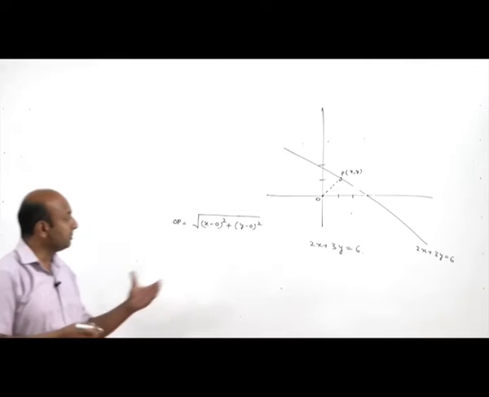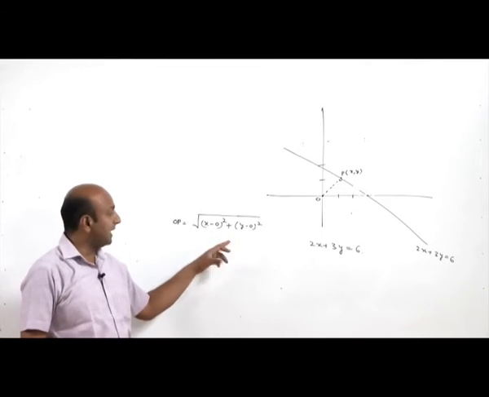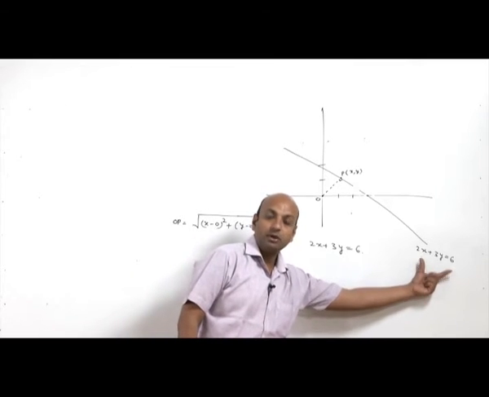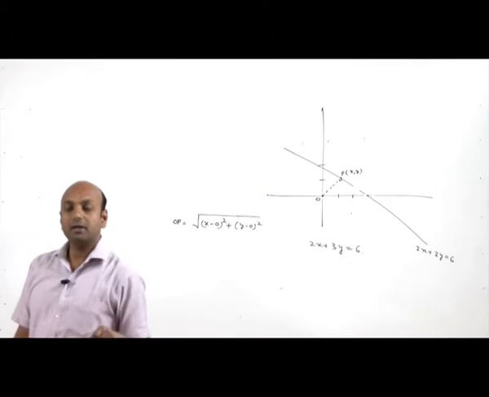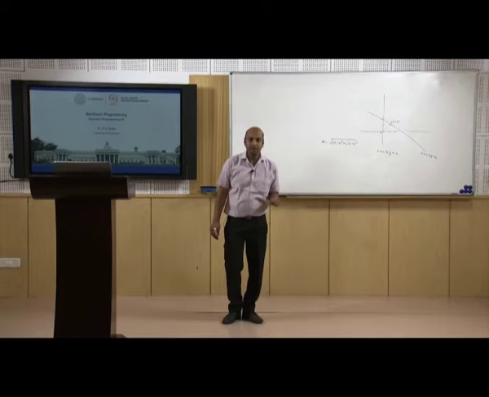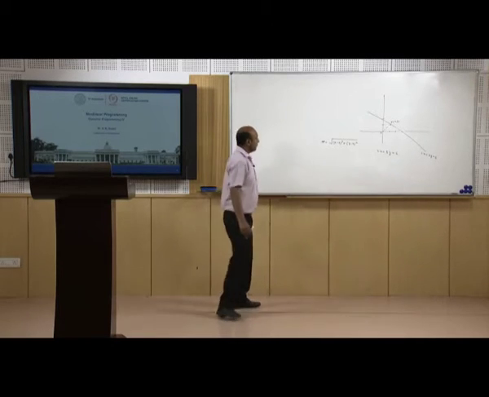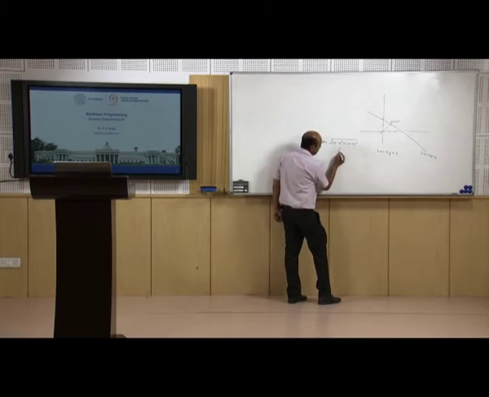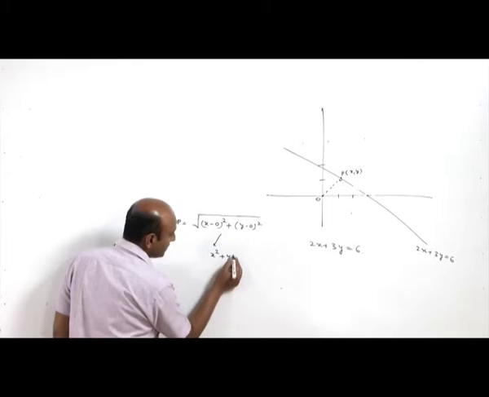So, this is to minimize, and (x, y) must lie on this line. Subject to this condition, the point should be in the first quadrant, that means x and y both should be non-negative. Okay. So, we have to minimize this, which is the same as minimization of the square of this value.